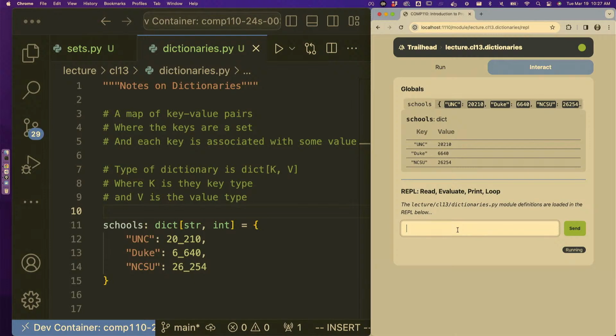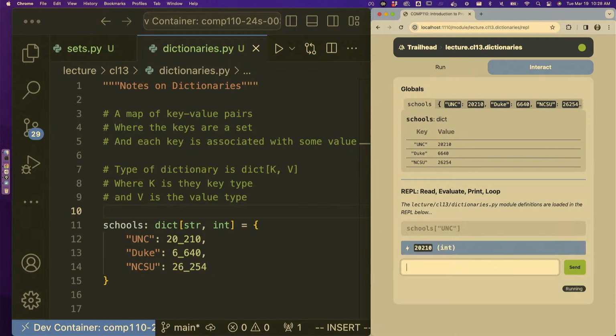So the big idea of a dictionary is that it makes it very fast to look up some value associated with some key. For example, if we wanted to look up schools UNC with subscription notation, the same notation we use to index a list, here we're indexing a dictionary, we see that it evaluates to the value 20,210, which is the number of undergrads enrolled based on Wikipedia's latest data. Similarly, schools NCSU